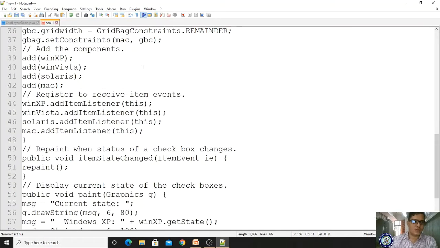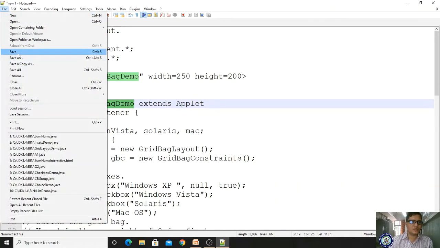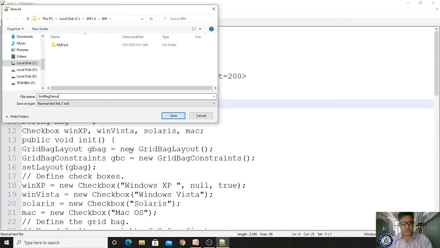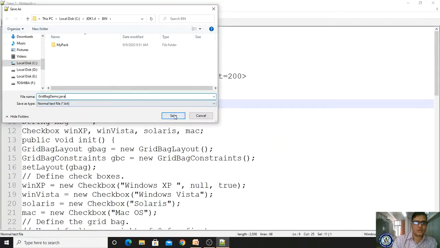Right, now what is the name of the class? Grid bag demo. Right, let me copy and save it. While saving, you should ensure that you are saving with .java extension with JDK and save it.